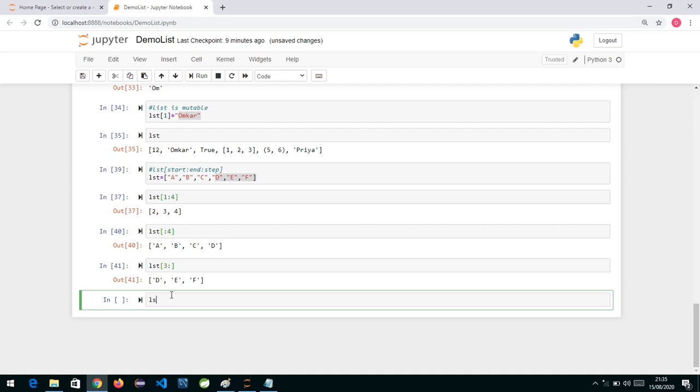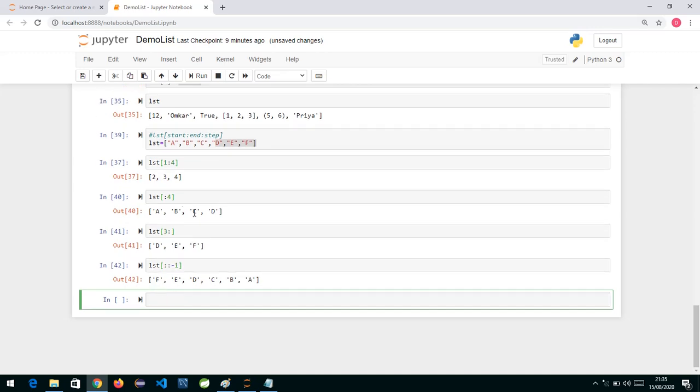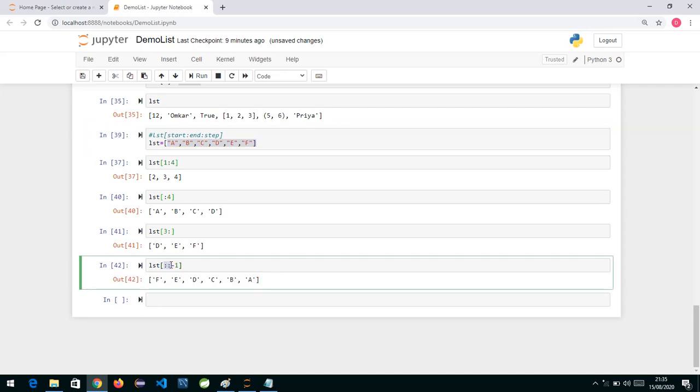If I want to reverse the list, what we specify over here is colon, colon, and then -1. You can see it has given me the list in reverse order. This was my original list, and now the list is in reverse format. So colon, colon, -1 means step backwards. +1 means going forward, stepping 1 position, and when you write -1 it is backwards. When you don't specify the start, it is taken as 0, and when you don't specify the end, it is taken till the end. So this gives you the reverse of the original list.